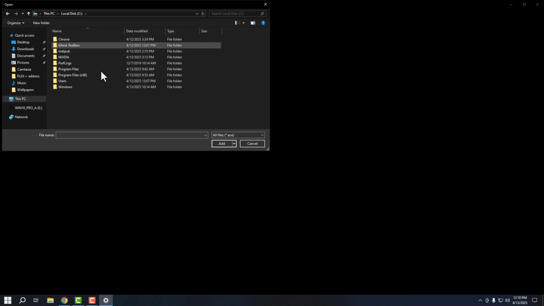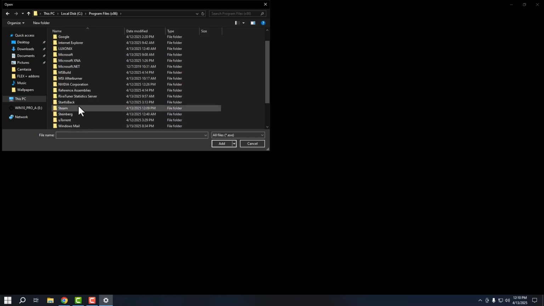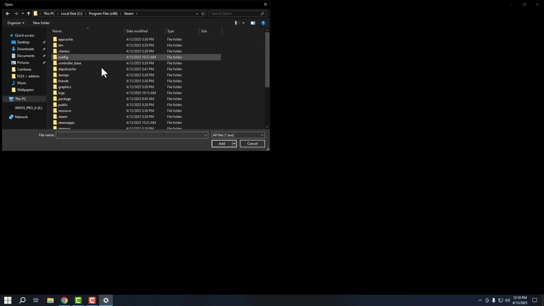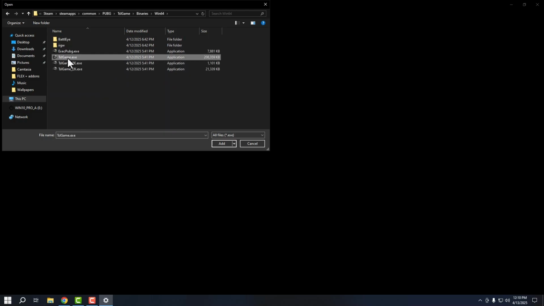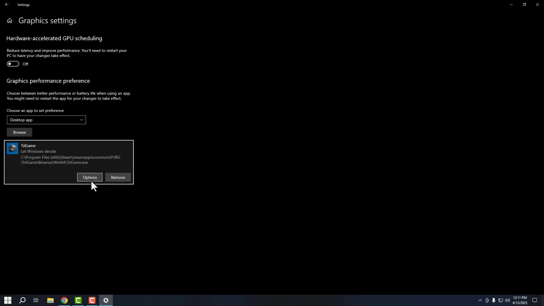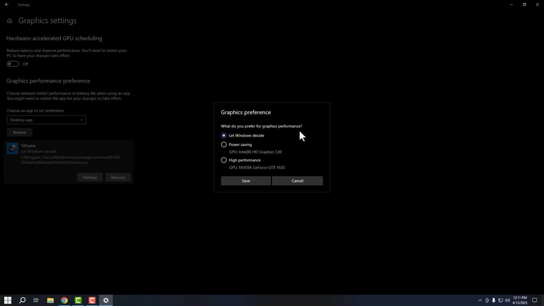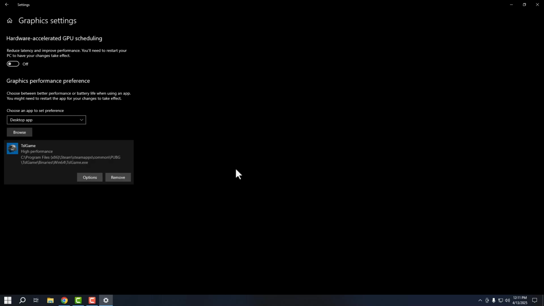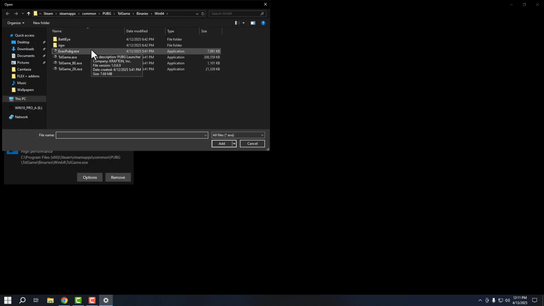I'm going to add a game, for example, just to show you how that can work. So I'm going to add PUBG. I'm going to Steam apps, and I'm going to add TSL game.exe. And from here you see options. Click on options and select high performance and click save. I'm going to add all of them,